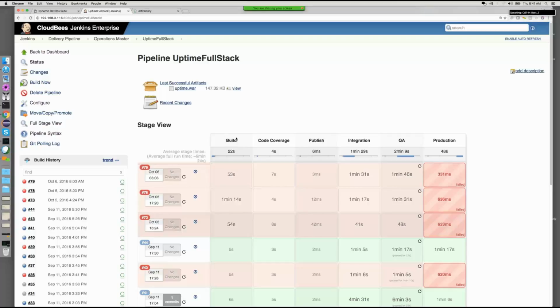Once we do our build, what we want to do is we want to run some code coverage. Again, we'll rerun the static code analysis, and we may add on additional steps into our code cover piece, such as a security scan. So we want to look for any security loopholes. We're going to look for performance bottlenecks. Those types of tools are available for us to go through and look at the code after the build has been completed. Once that has been completed, we get a good code coverage success that will go ahead and publish the